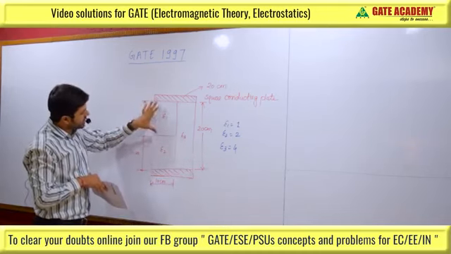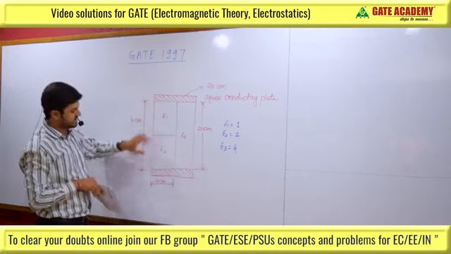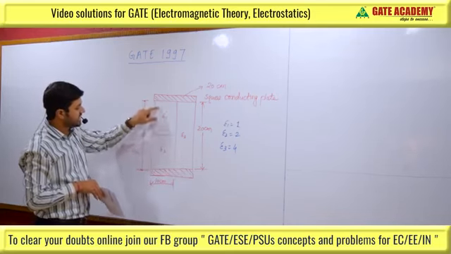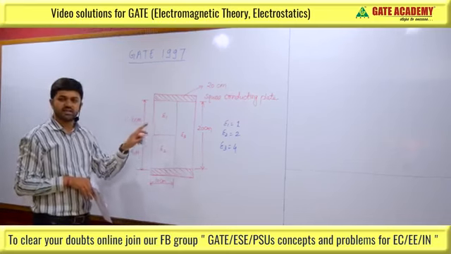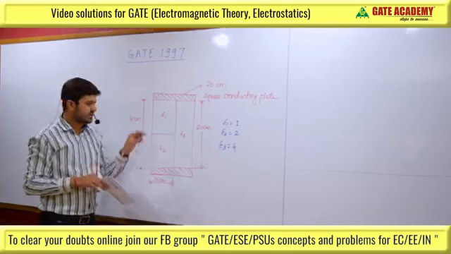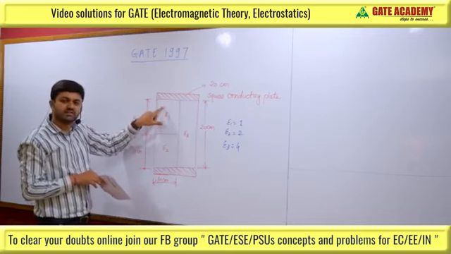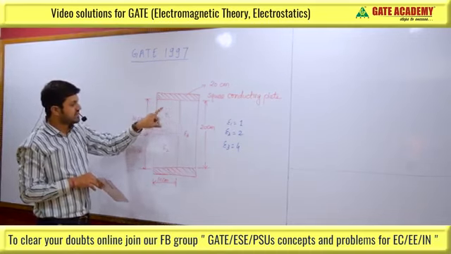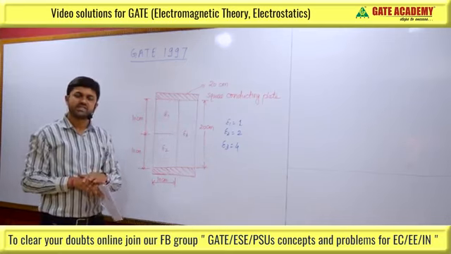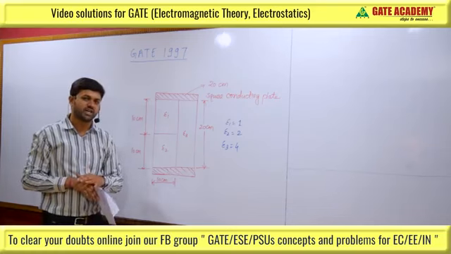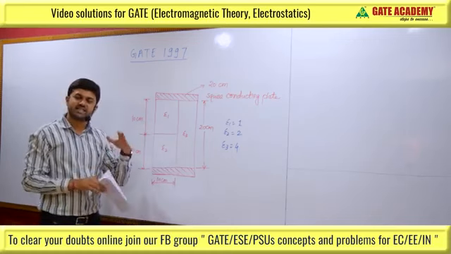Now, if we talk about this particular region, because they are separated by some square conducting plate, and here the dielectric constant is different and here the dielectric constant is different, it is like capacitances connected in series because they are different regions. For this particular region, the capacitance can be calculated by the formula of the parallel plate capacitor, which is C equal to epsilon naught A upon D.